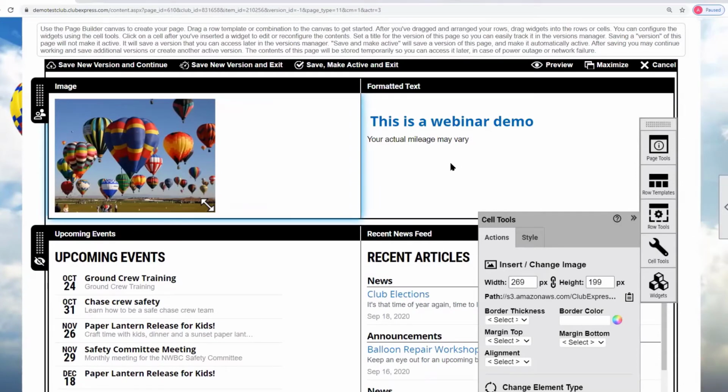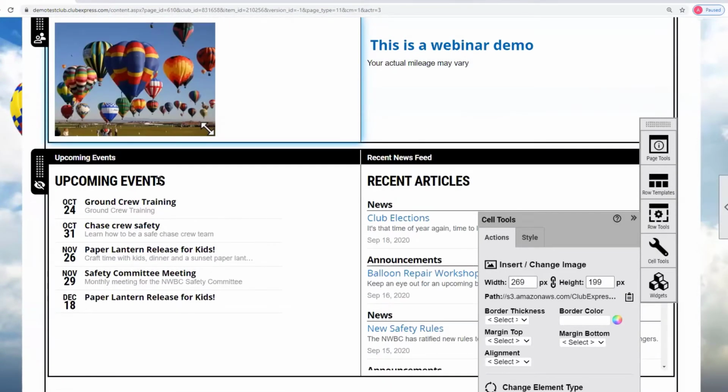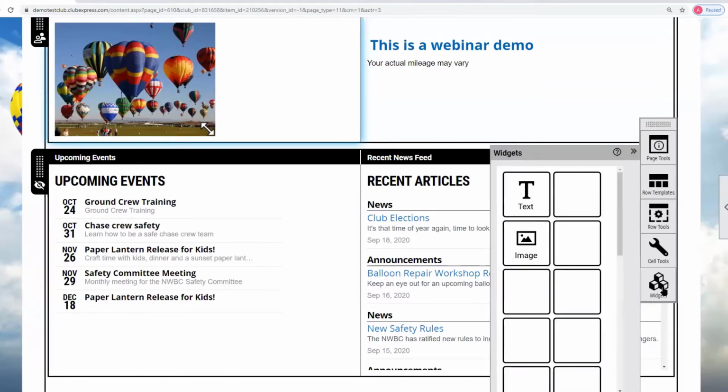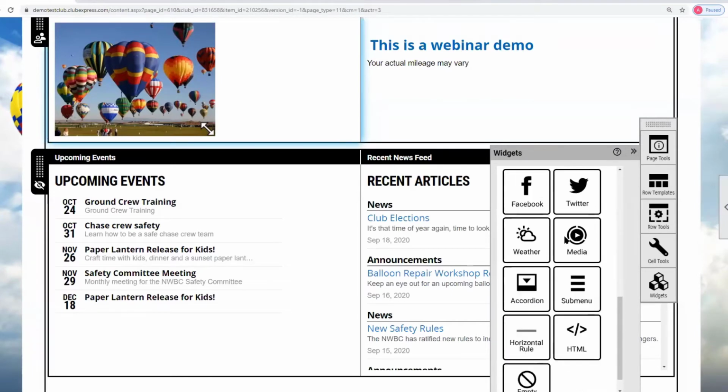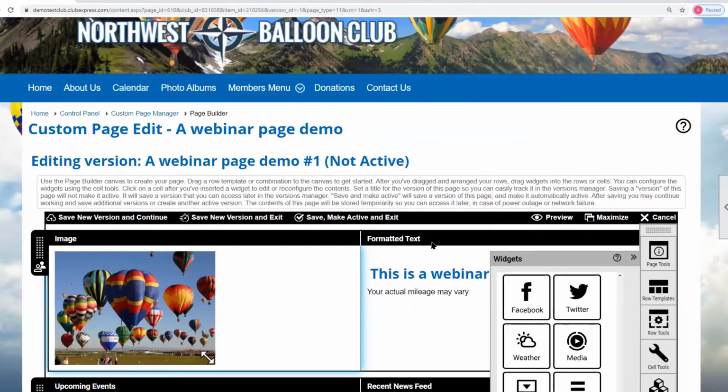So you can very quickly drop rows in and reorder them. And some of the rows have widgets, and there's a whole set of widgets for text and images and events and news and all of that. Again, this is all covered in the help system and in the tutorials. But what happens is if I now save, make active, and exit,